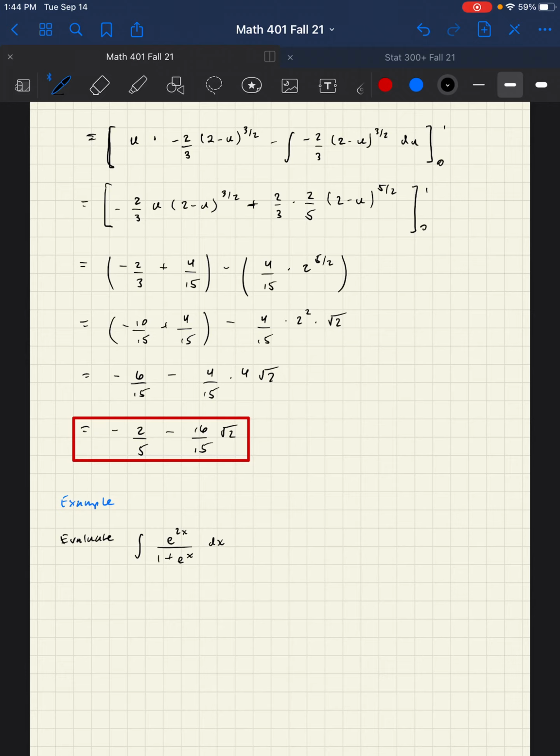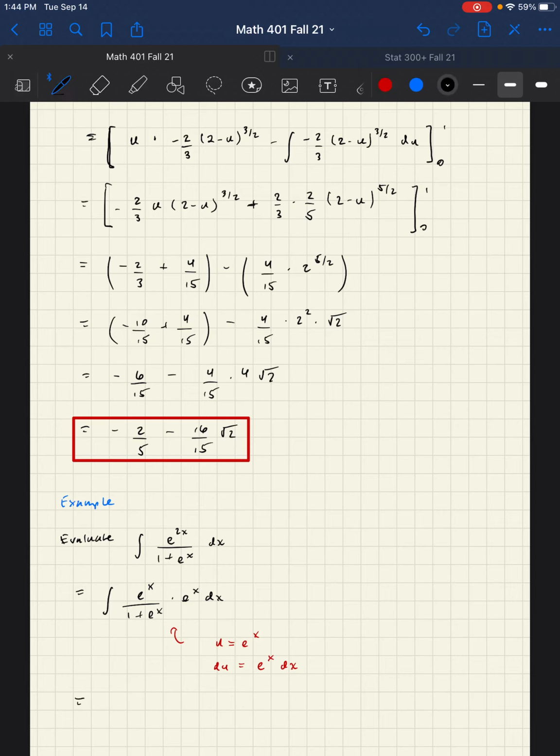In the very last video in the last section, we saw that sometimes we can rationalize integrands using a clever substitution where we replace the non-rational part. Here I'm going to write this as e to the x over 1 plus e to the x times e to the x dx. And the hope is that if we use u equals e to the x,